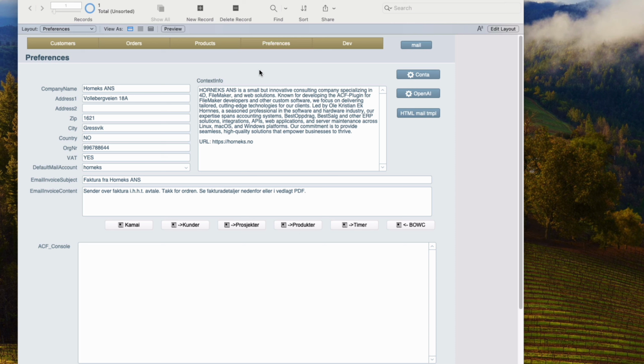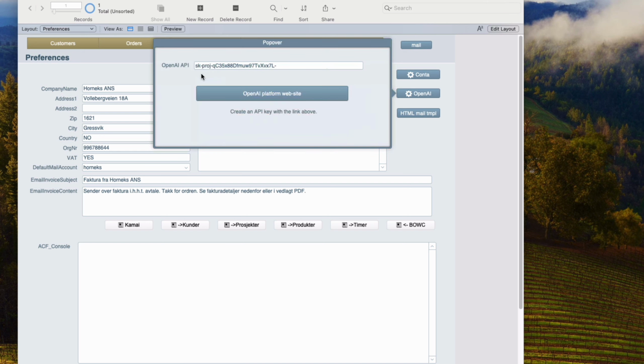We begin with the preferences. First, we have some of your company information, along with a field containing context for our company, which we will later demonstrate how we use. We also have OpenAI with the API key we obtained from OpenAI. To do this, visit